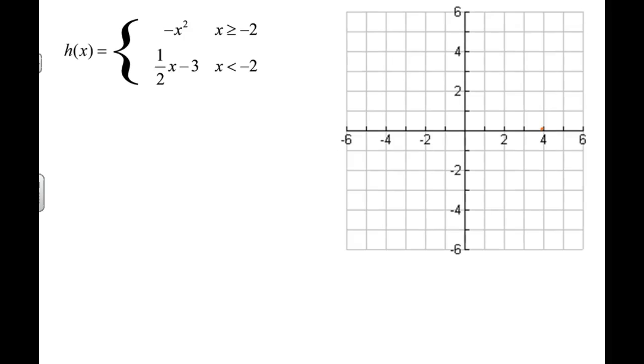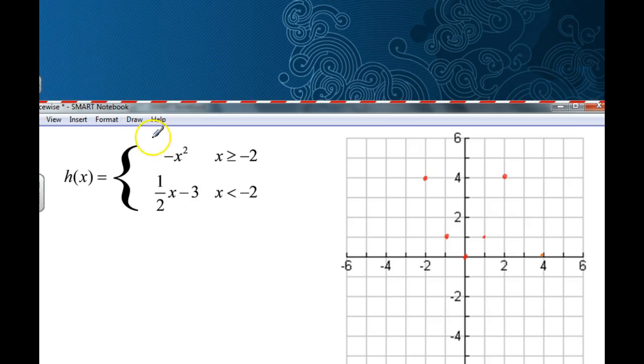Let's do another one here. So in this case, and I'll just tell you a little hint here. When you have a negative out in front, what it does to that function is, you had like these 5 points here. You had like this point, this point, this point, this point, and this point. If you take those points,